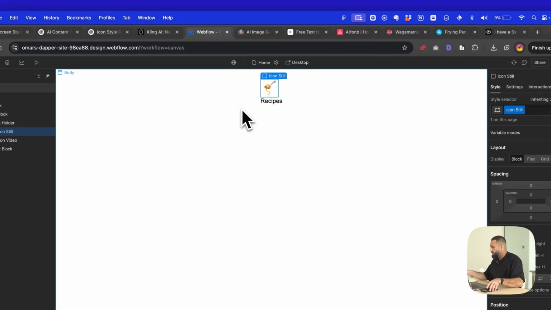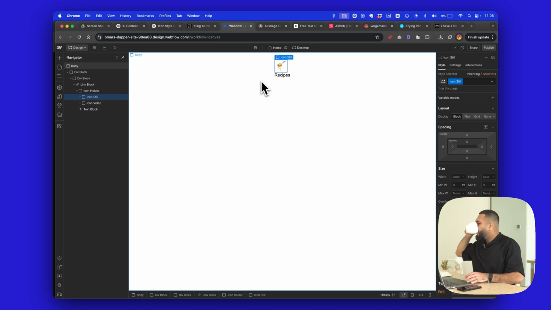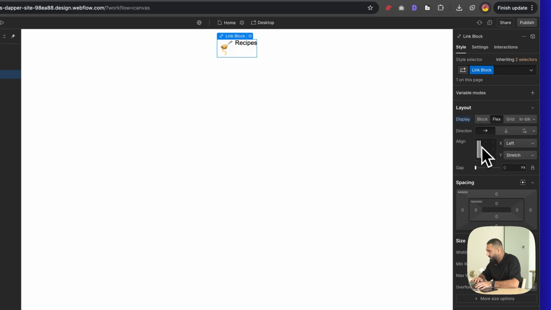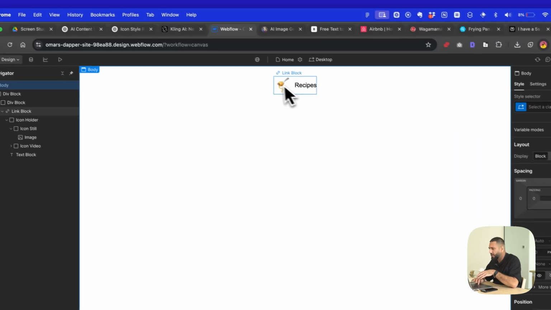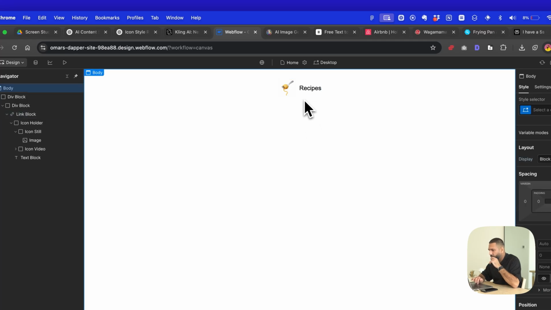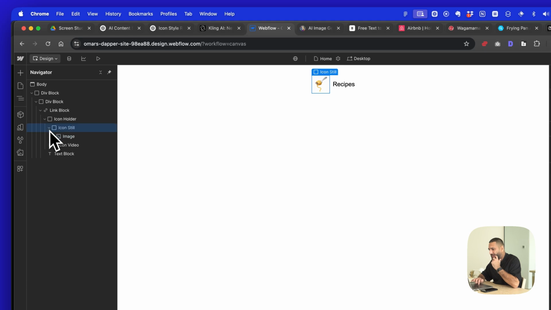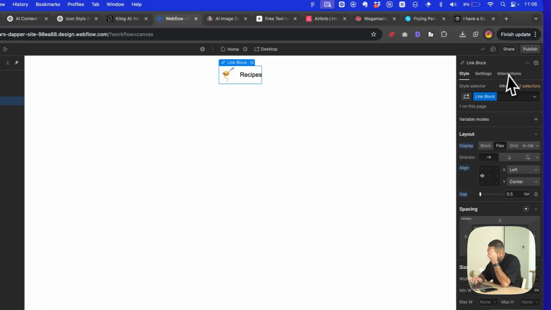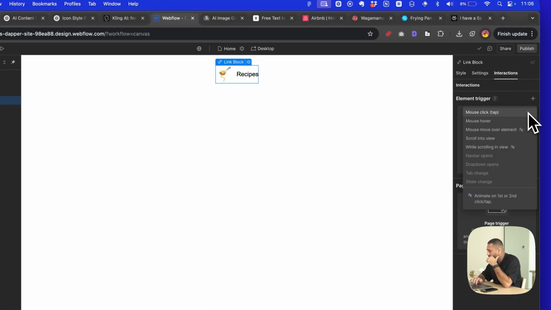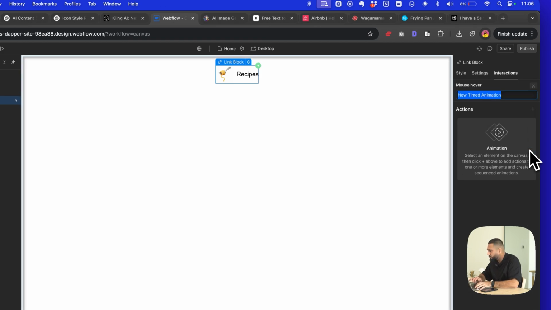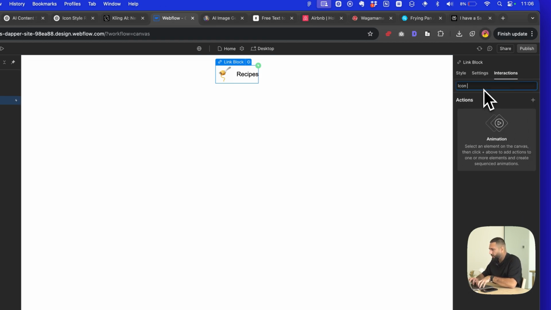Okay, now here's what we're going to do. We're going to take the link. I'm going to set this to flex, so it's next to each other. Give it a tiny bit of a gap. Cool. So this is basically our link now. Okay. Now when we hover over the link, we want this to zoom a little bit, like zoom out. Okay. So I'm going to go to link here, I'm going to interactions, I'm going to go element trigger, mouse hover, start animation. So I'm going to go icon,